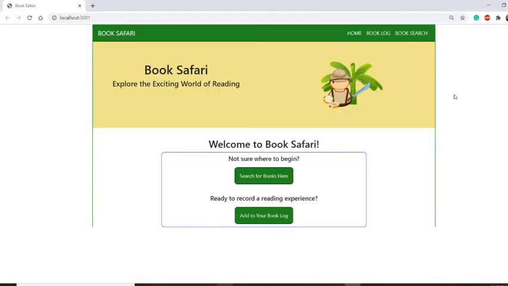Hello, this is a recording I'm doing for my final project for the Flatiron School's online web development program. This is my React-Redux project with a Rails API. My project is called Book Safari, building on the idea I had for my last project, which is called the